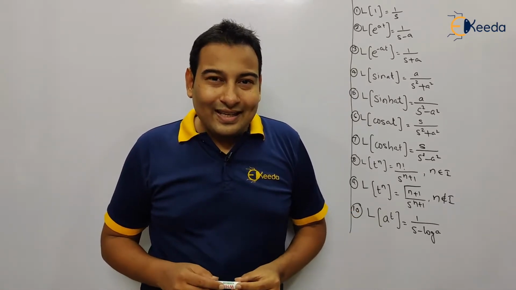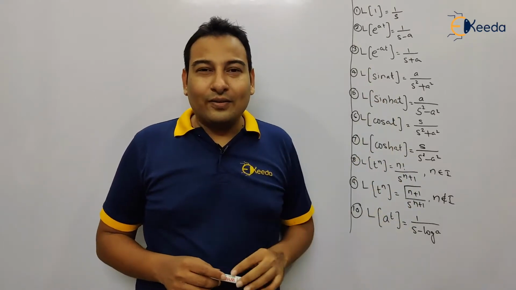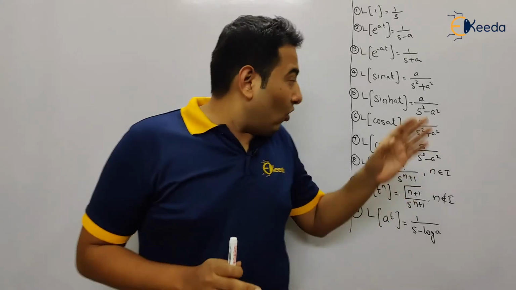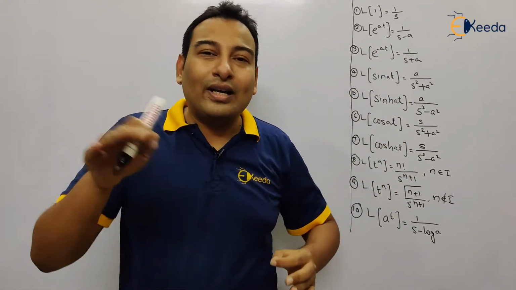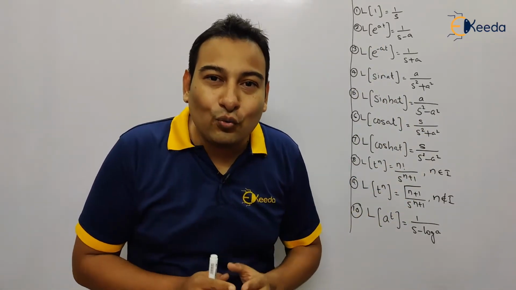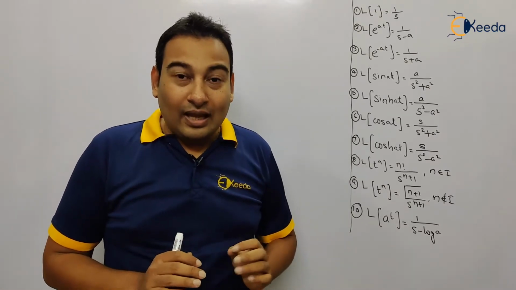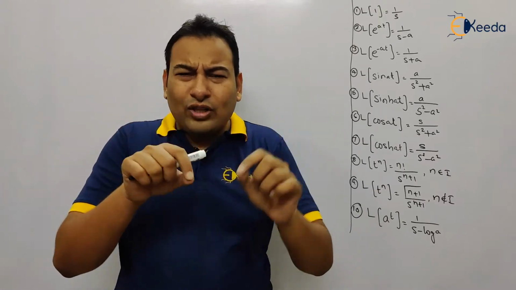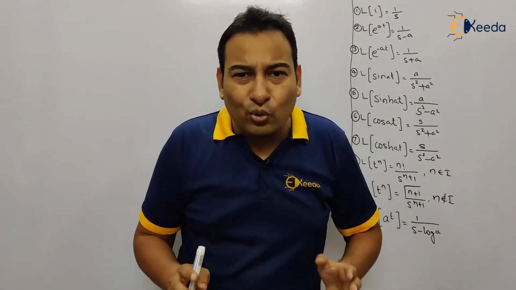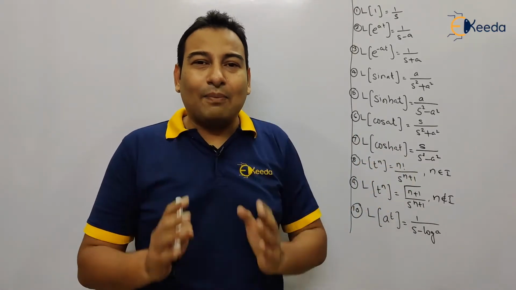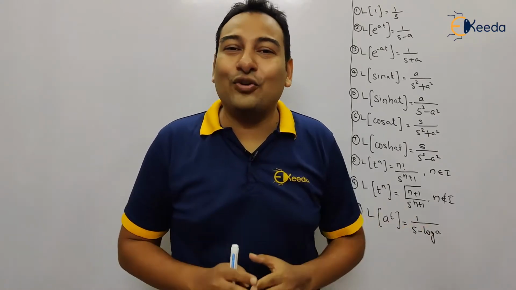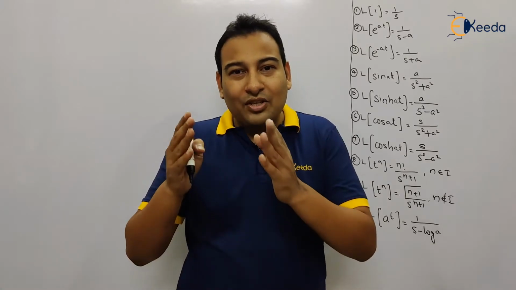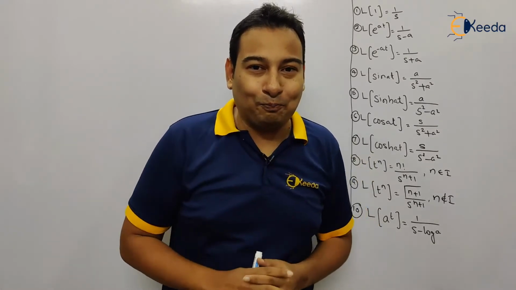So the question is, are we going to find out all this? And the answer is no. Because all these things Laplace has already found out for us. We just need to use it. I told you how to find it out for Laplace of sine at, cos at: just put in the formula and you can get it. But no need to do it because this doesn't come in the exam. We just need to use it. So these are the formulas that will be required in Laplace transform, that means converting the problem from t to s.